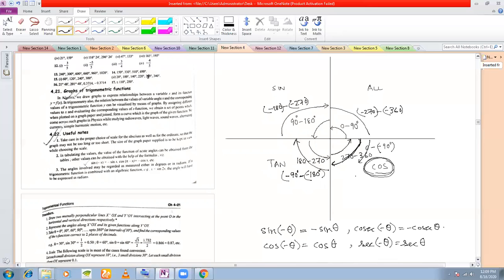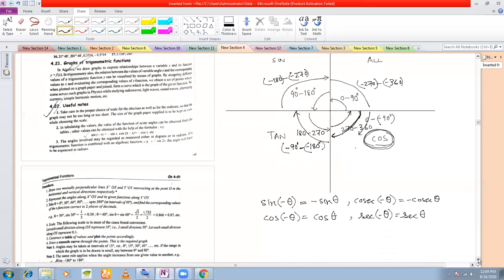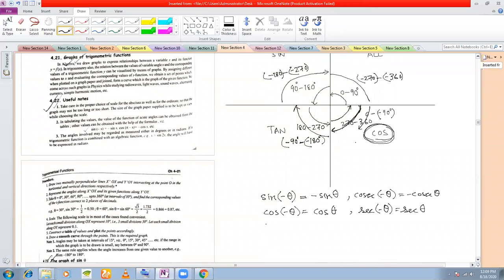And for tan, tan is negative in the fourth quadrant. So tan of minus theta is minus tan theta, and cot of minus theta similarly is minus cot theta. Okay, so keeping this in mind,